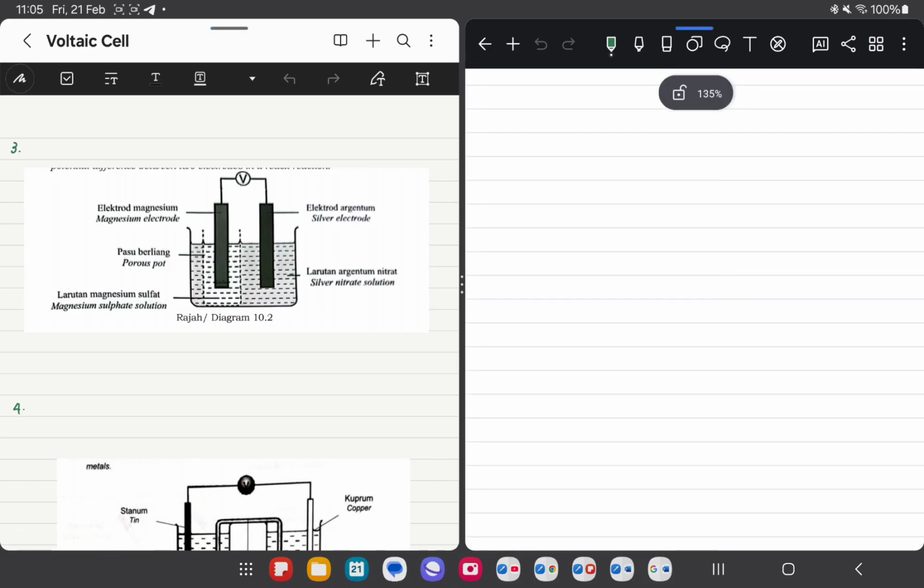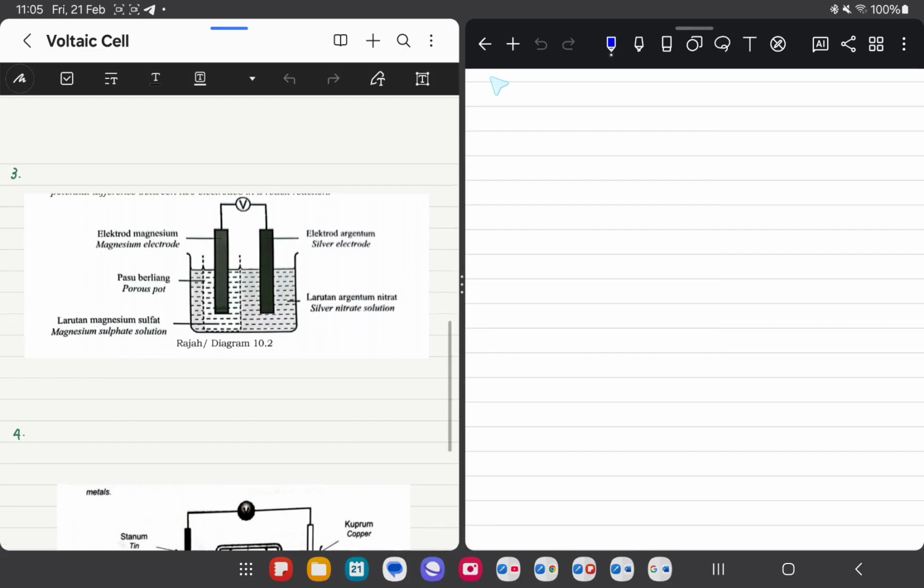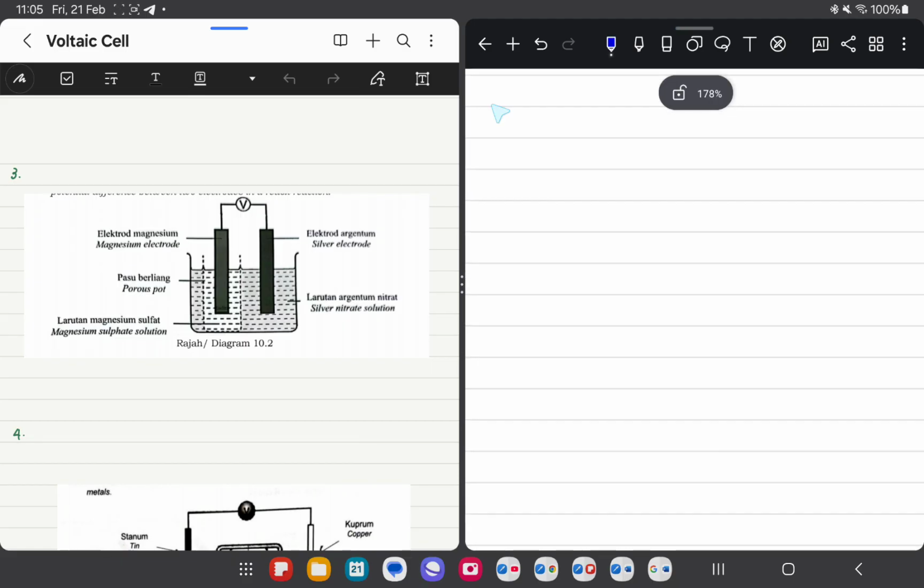First of all, I want you to copy whatever I'm writing on the screen right now. First I give you the tips. Okay, tips. I rewrite it again. First tip: the first thing that you should do when you get a diagram like this